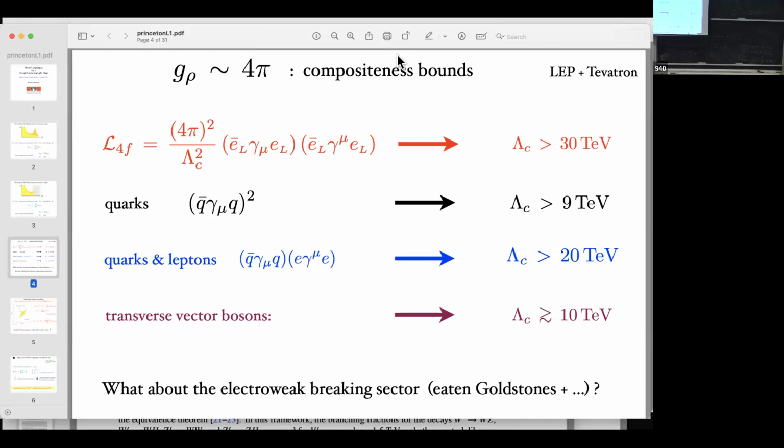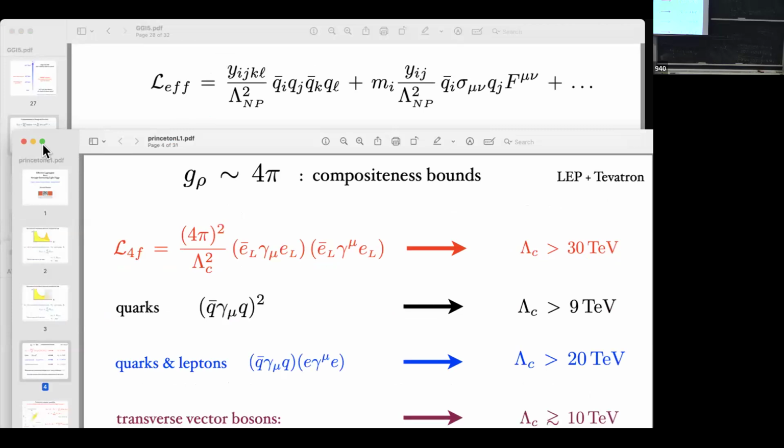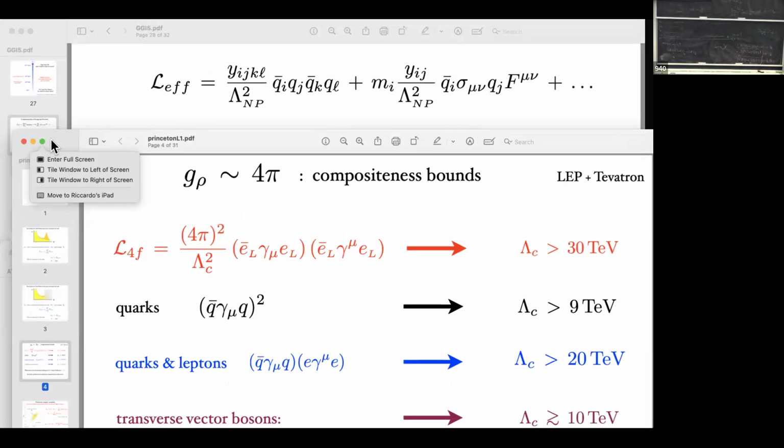I am full of shit. I screwed up this factor. I remember the bound, but I remember that bound was without the 4 pi. Yeah, this is the thing. What should I do? Should I close it? Should I shut it off? Because there are much stronger bounds, the flavor. But there are more assumptions that you have to add. Depends on what you assume for flavor.